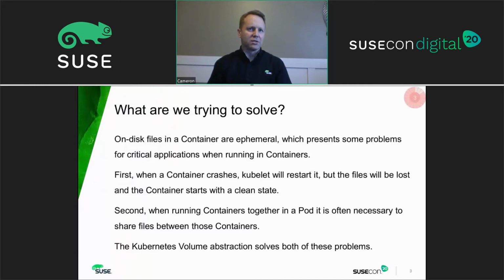So what are we trying to solve? Really, it's all about the disk storage and the fact that by default in containers, it is ephemeral, which means it's going to present us with a couple of problems. Since it's ephemeral, the storage will go away anytime that container crashes, or if you have a kubelet within Kubernetes that restarts, that storage is typically going to go away. And those files that are in that storage will be lost,